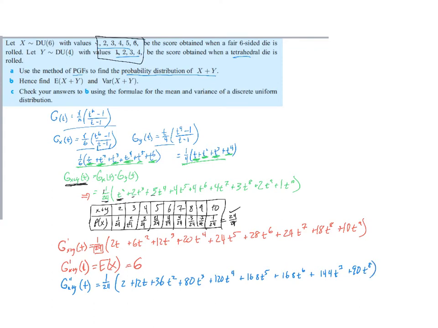All right, so just double check, make sure I got all those numbers right. I'm pretty sure I did. Punch them in your calculator, whatever you need to do, make sure you get those numbers right. And then, of course, we need g double prime x plus y of 1. So we work that out, punch it in a calculator, and we should get